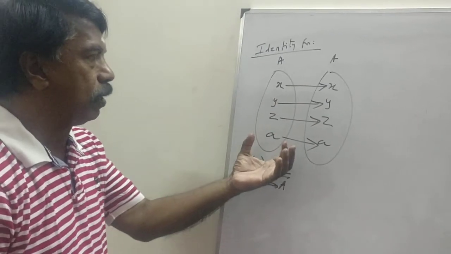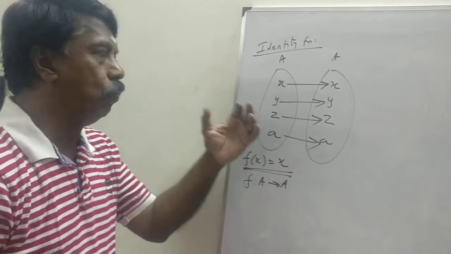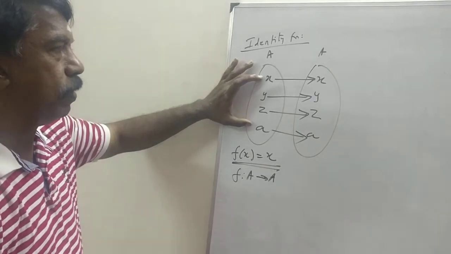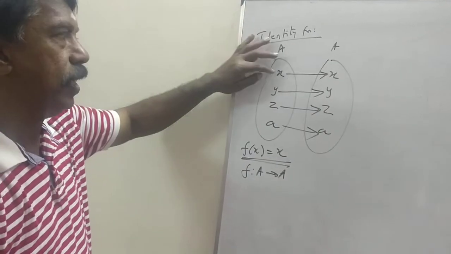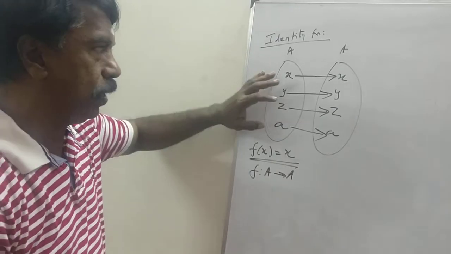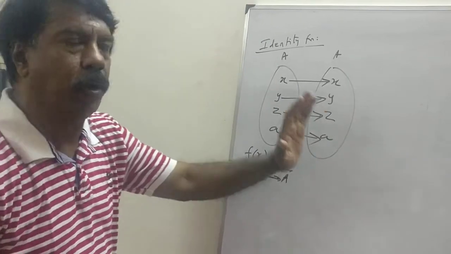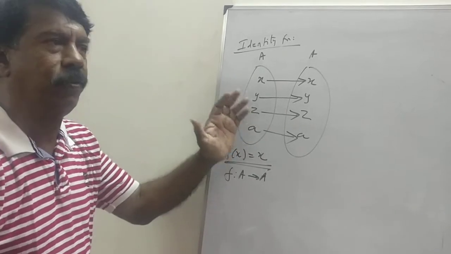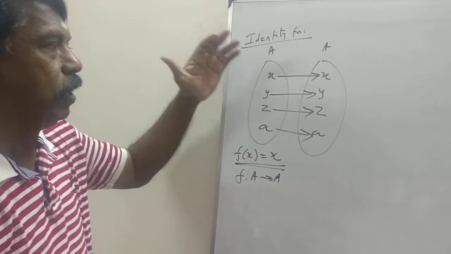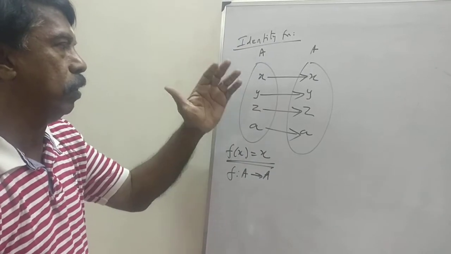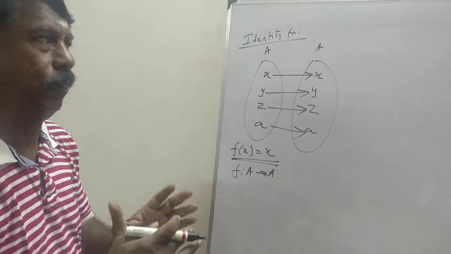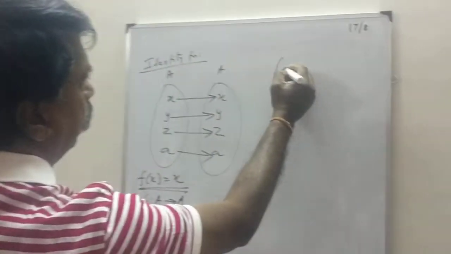What about this? Moreover, we'll learn a little more. Will it be one-to-one onto or one-to-one into? If we have four elements here, there will also be four elements. Each element is related to itself, means each element will have different images. That means it is one-to-one and onto function. No chance for an identity function to be many-to-one as well as into. Identity function will always be one-to-one onto, and moreover n of A and this, both the sets will contain the same number of elements. Next we go to constant function.